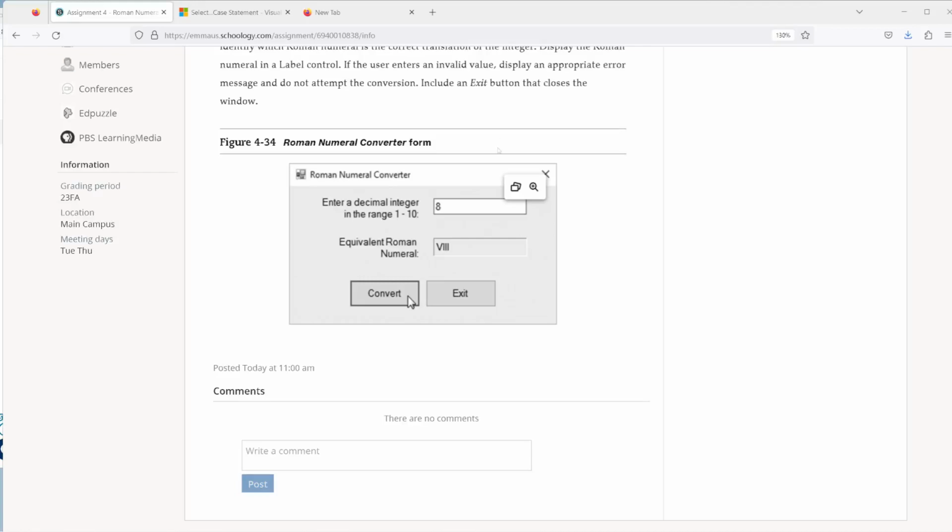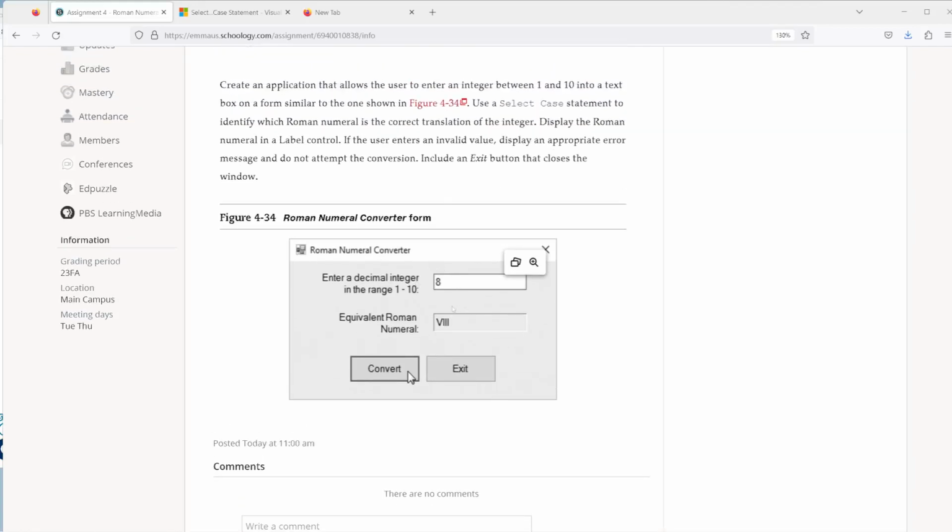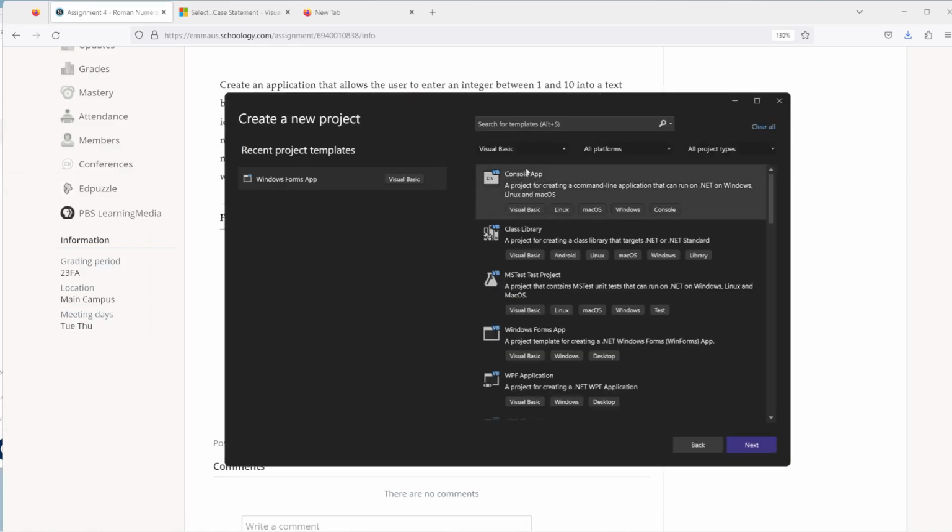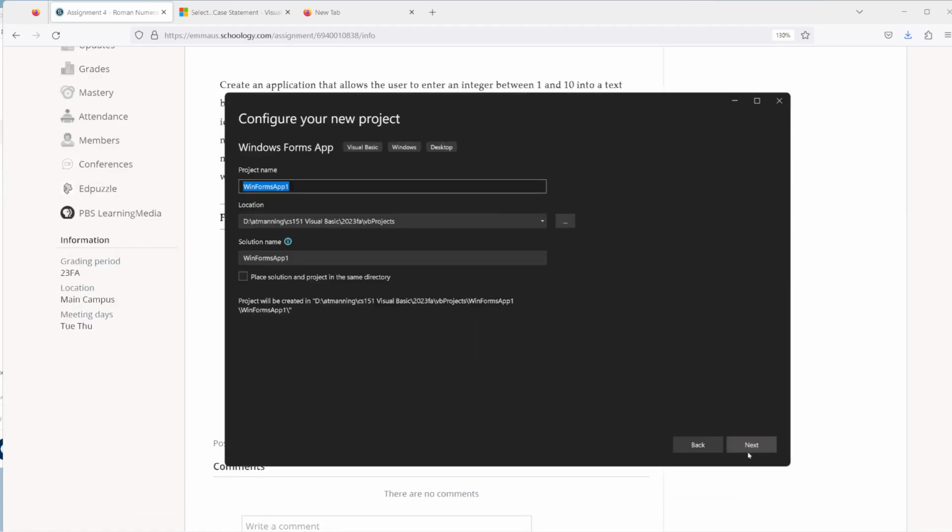So here is our assignment with the user interface. I'll build the user interface first and then come back to the logic. So starting a new project, making it a Visual Basic Windows Forms app. I'm going to call it Manning Roman